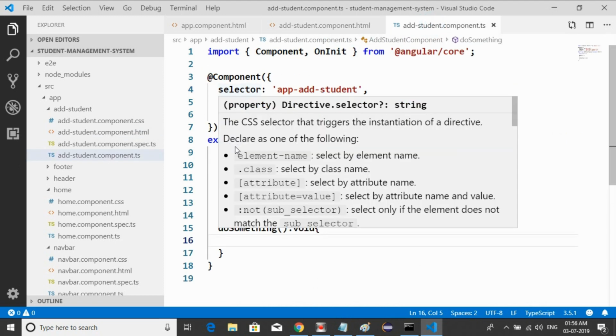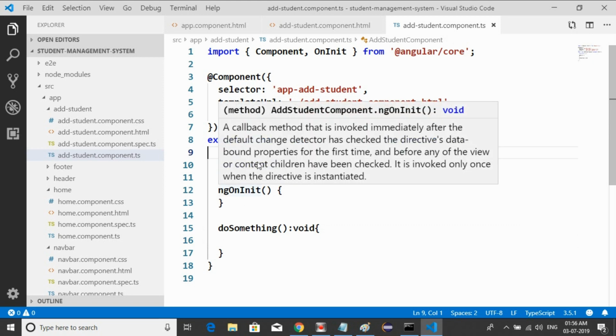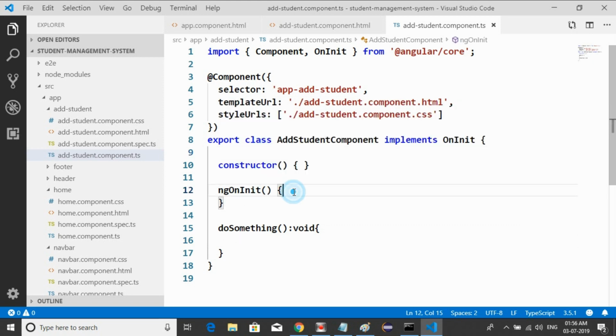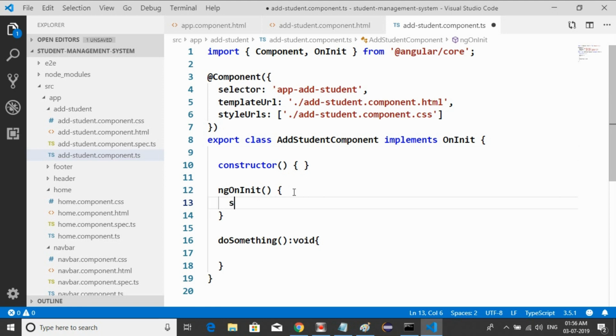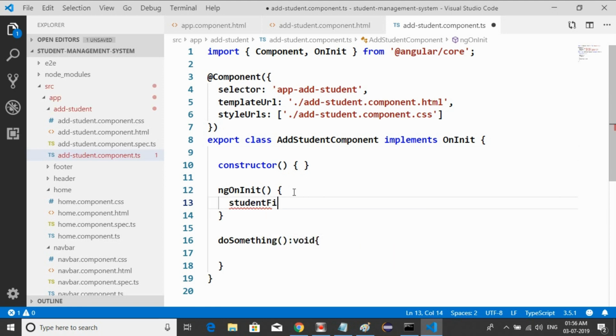How can we do that? See here, I am adding one control here, inside the init, studentFirstName. This is one variable, equals to